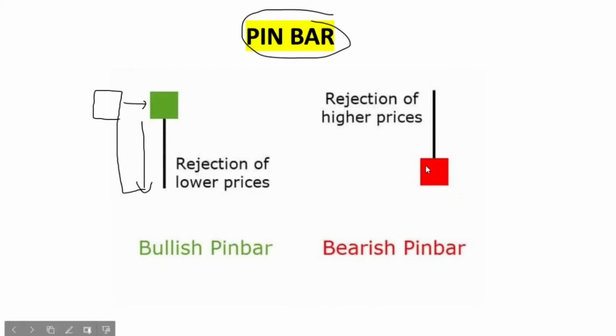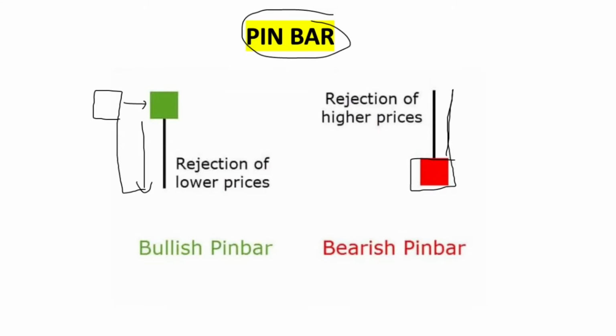The same thing happens with the bearish pin bar also. Price was trying to move in an upper direction, but all of a sudden bears enter and pull the price to the downside, and they will be successful in closing that price in a bearish candle. So whenever a pin bar happens, there will be a price reversal, either a bearish or bullish reversal in the price. So this is how you can trade the pin bar.